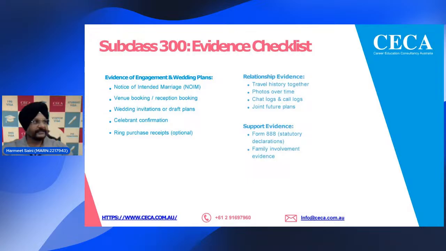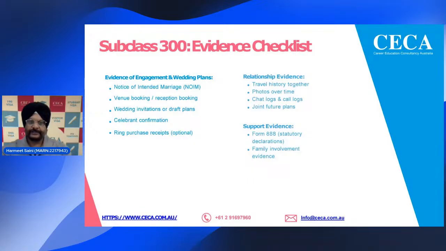The main evidences to show this genuine relationship when you're going to lodge the visa application. First of all, the notice of intended marriage. When you're going to marry the sponsor, because this visa is specially granted to you to marry that Australian sponsor, you can provide venue booking and reception booking where the function is going to be organized,